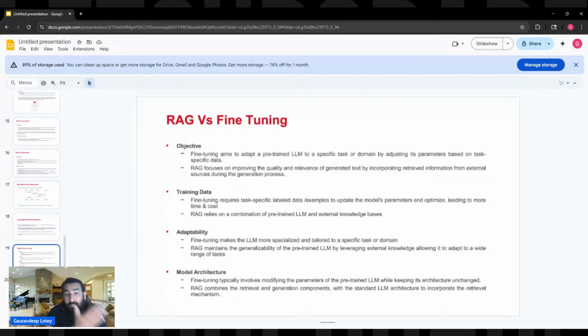Training data need is lower, cost is lower, and adaptability is better with RAG. But I'm not a salesman of RAG, so there has to be some advantage of fine-tuning also. The advantage of fine-tuning comes when you need a more precise, more accurate model for a particular domain. Suppose you have to create a chatbot for the finance domain. Finance is a very generic term, so if my data is huge enough,